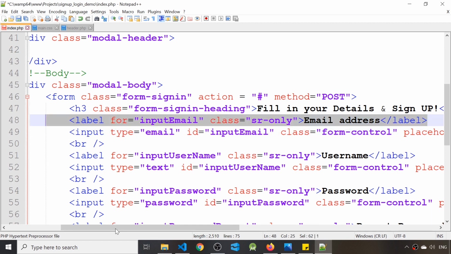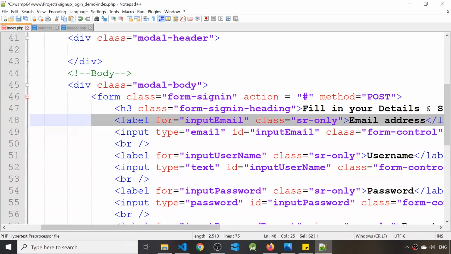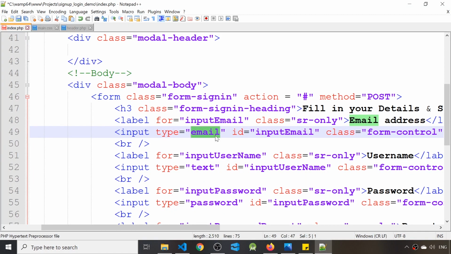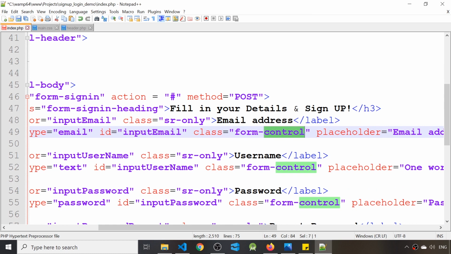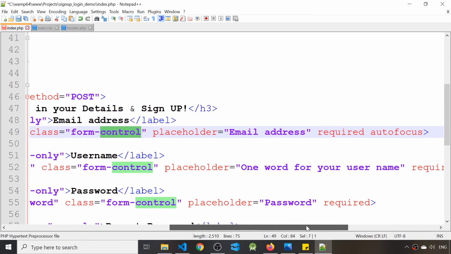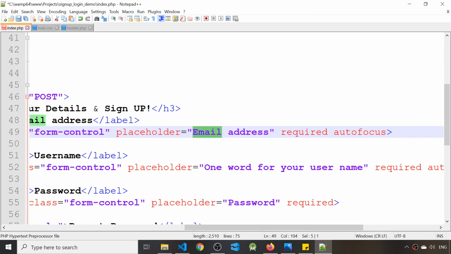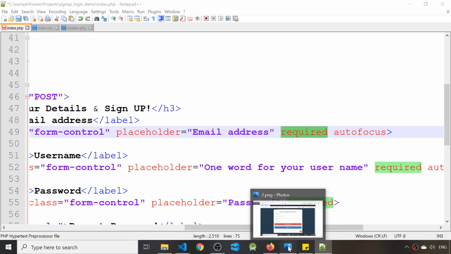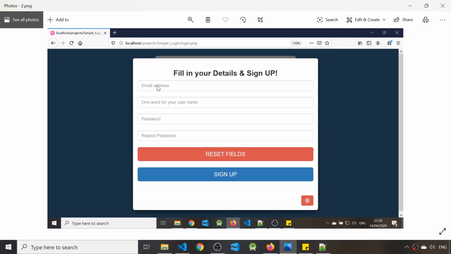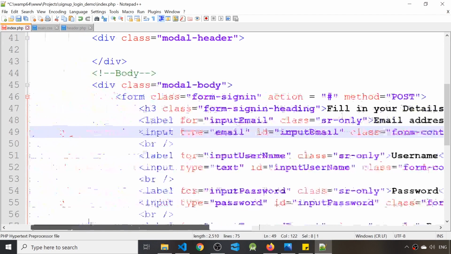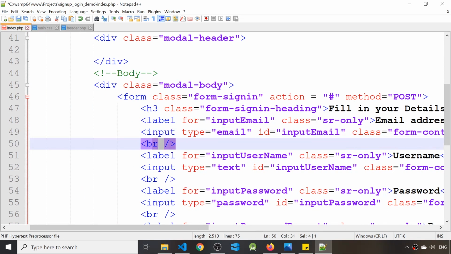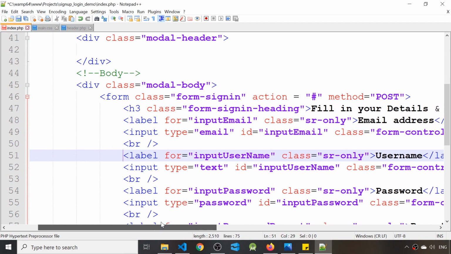So this is the label, and the input type here is type equals email, and the ID input email, and class form-control, placeholder email address, and it is required. So this means that this is the placeholder, you can see it inside, but when you start typing it doesn't show. So that's it. And you have a break line,